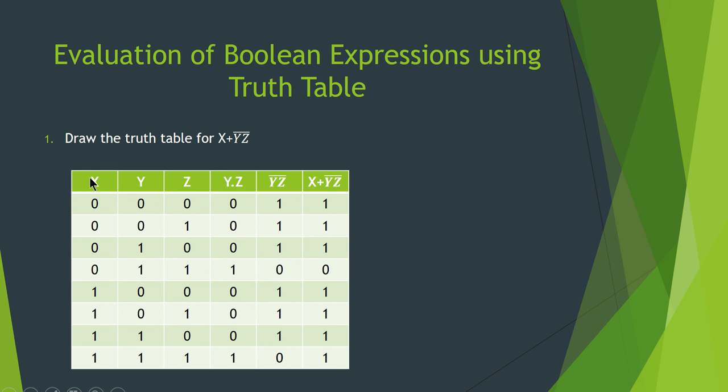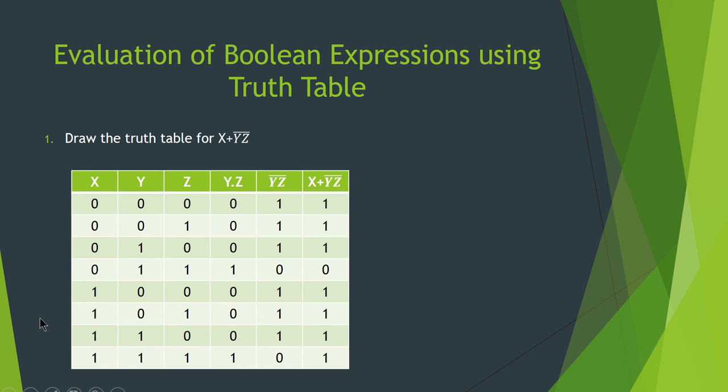When you look at all three values combined together, it is 0 0 0. It is nothing but the binary value of 0. 0 0 1 is the binary value of 1. 0 1 0 is the binary value of 2. This is the binary value of 3, 4, 5, 6 and then 7. From 0 to 7, you have to write the binary equivalents. Similarly, if you go for 4 variables, you should write 0 to 15.